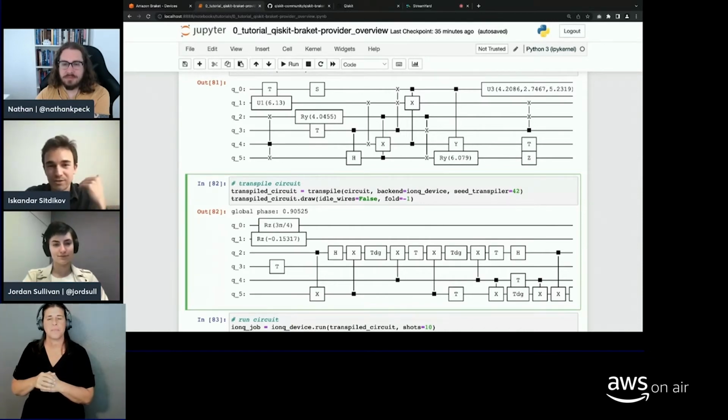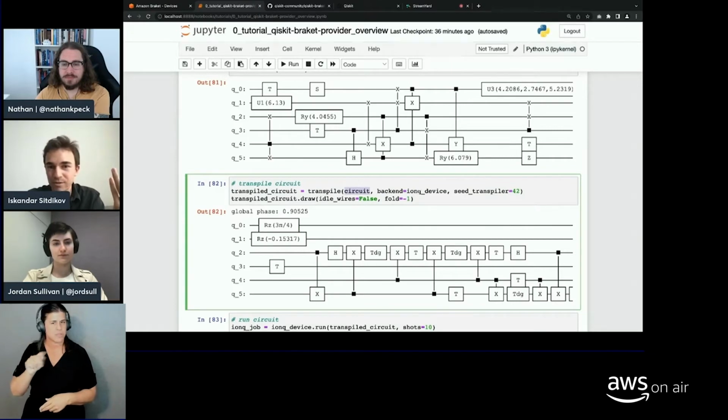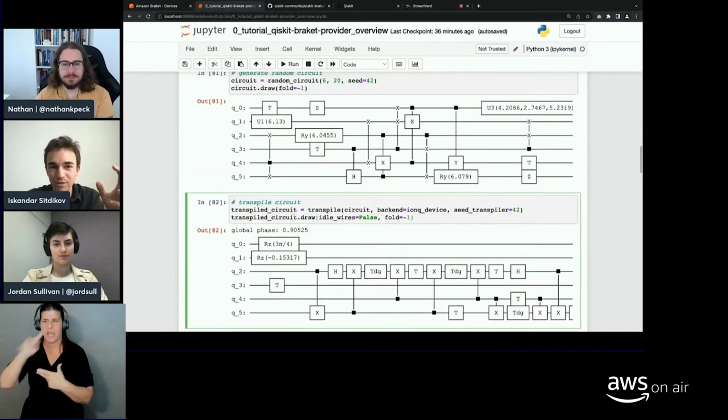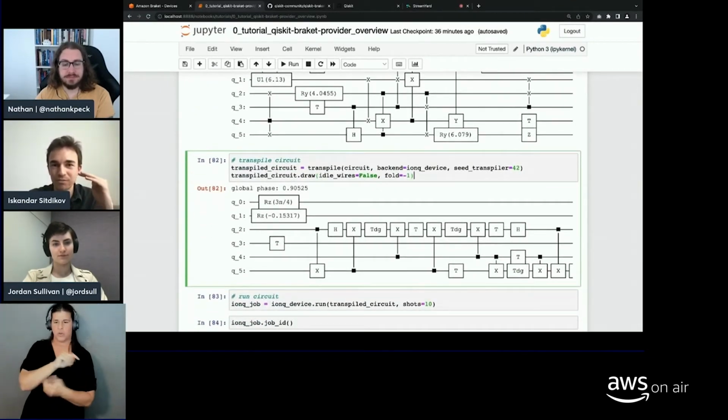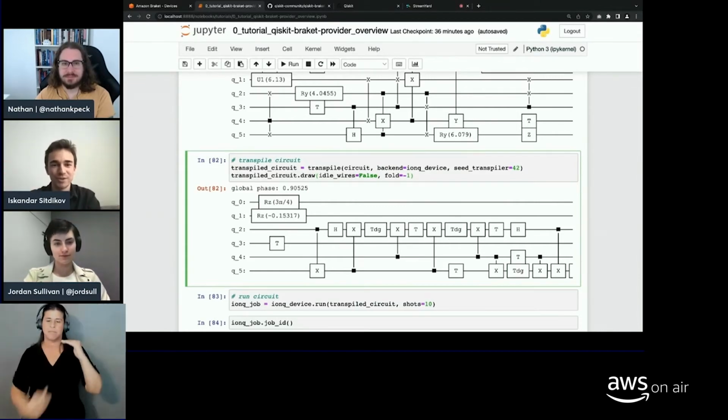So different devices have different connectivity maps and maybe different error rates between gates. So you might be interested in compiling your circuit for a specific device to be able to run it in the most efficient way. So we expose this function called transpilation. You provide a circuit and a backend, and it will recompile this circuit into an equivalent one, but with the optimal number of gates, so you don't have expensive swaps and so on. So it basically gives you an equivalent but better circuit.